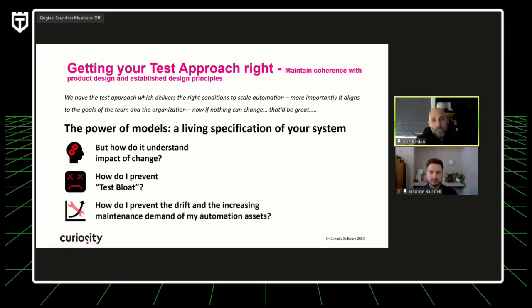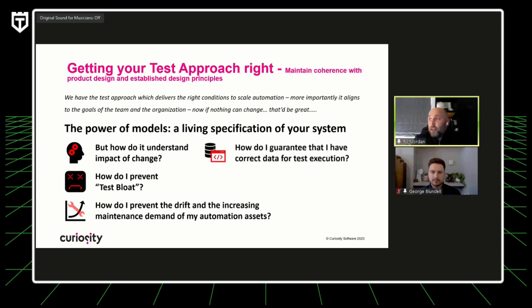The same goes for my test automation assets, right? I want to minimize my maintenance as much as I can. And again, Modeler allows me to do that in terms of aligning my test automation code to my model blocks. And as those model blocks are changing, I will know that my automation is also changing, and I can refactor and maintain my test automation assets accordingly, all right?